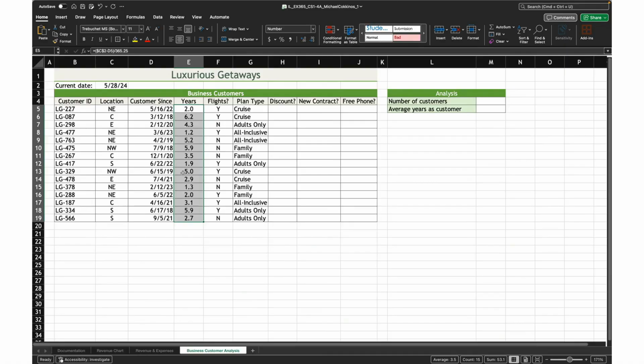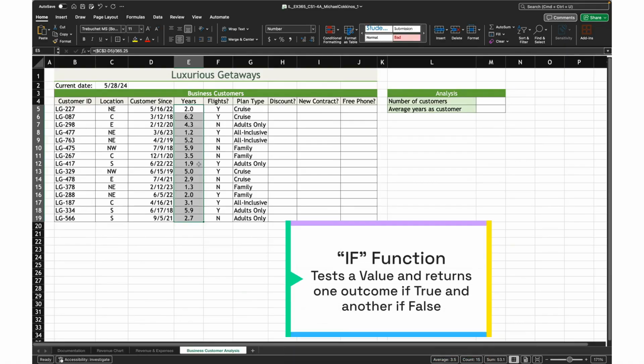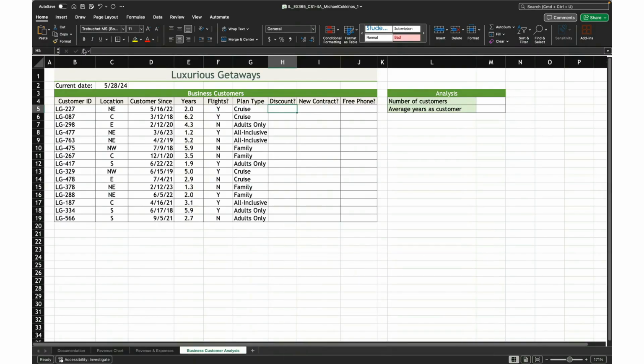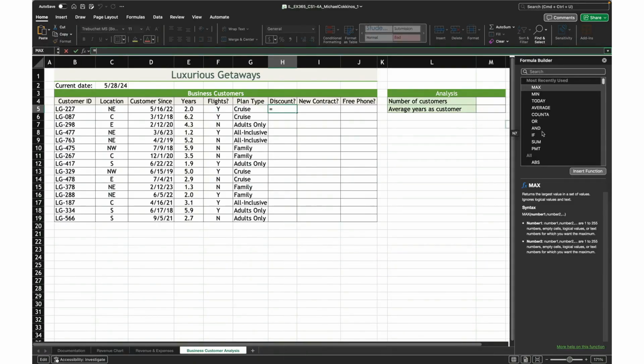So what we're going to use is a function called IF to make a logical test and see if the number is greater than 5. So let's see how this works here. For this discount, they have to be a member for 5 years. So we're going to say the function is going to be IF